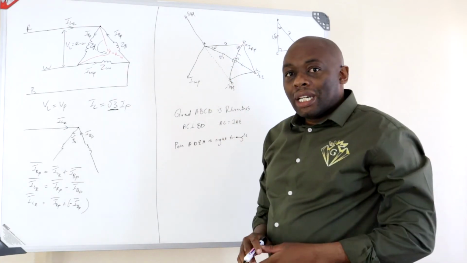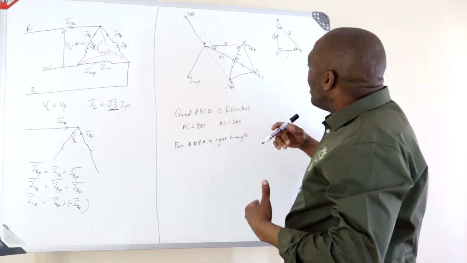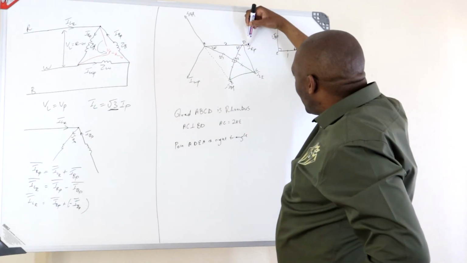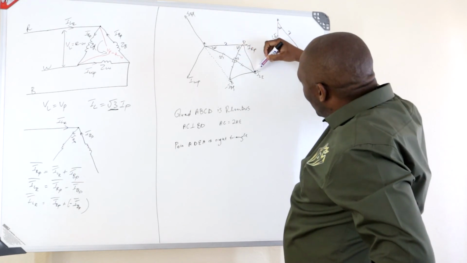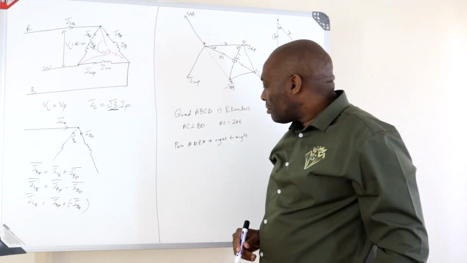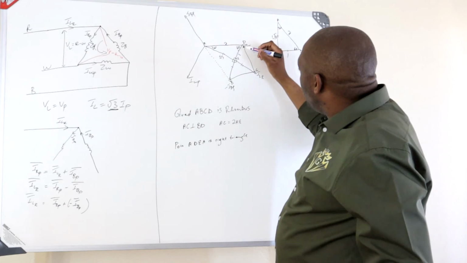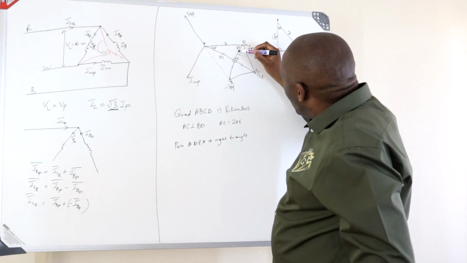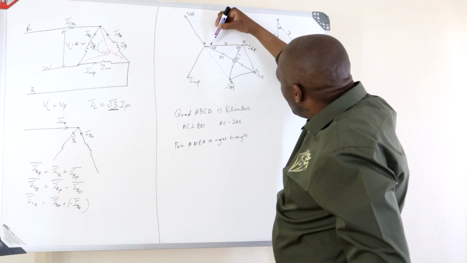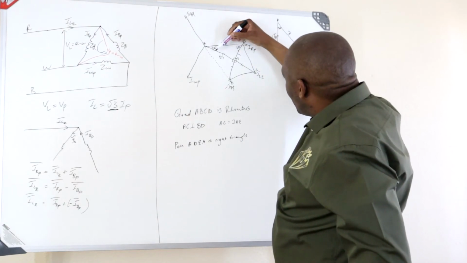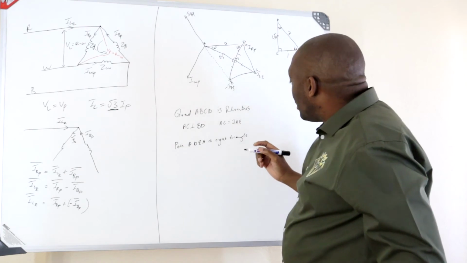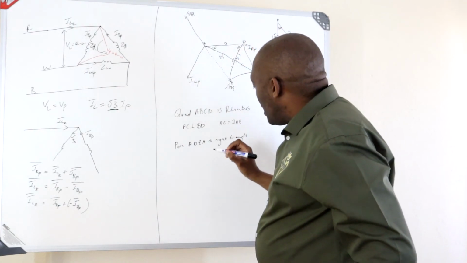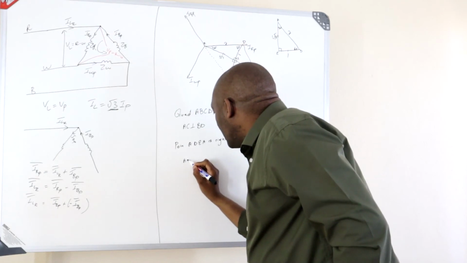Now in this triangle again, I'm trying to check the relationship between my phase current and my line current. So if I then use your angle 60, looking at the angle 60 and checking the relationship between my phase current and the line current, you will notice that if I'm looking at an angle of 60, that AE, this point,